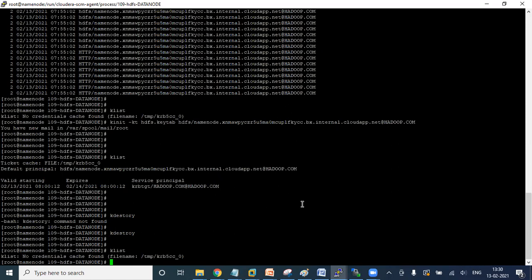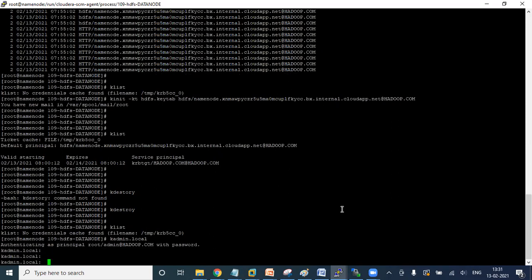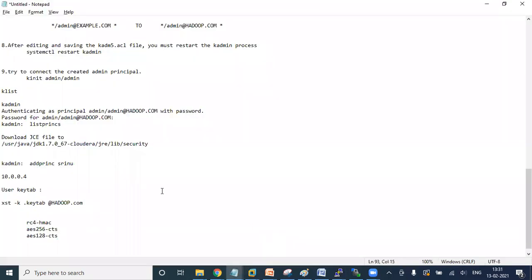So now I connected to the KDC. If I want to create a user keytab, before that I need to create one user principal. For that you can see the steps I have given there, add principal. So for example, if I want to create, say, Ravi, I just need to do addprinc Ravi.